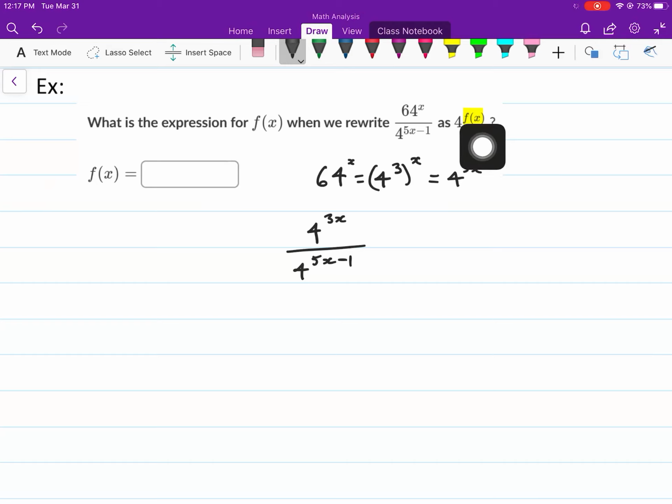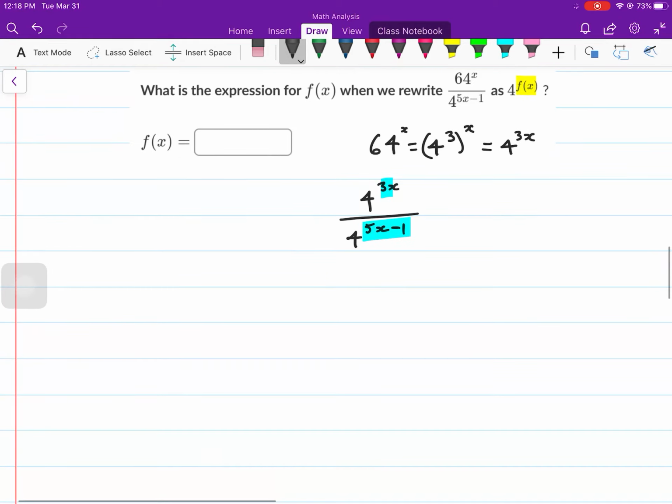Now, we just want to know what the exponent is, right? So now we have the bases matched up. They are a 4. We're good to go. So we're going to go ahead and just subtract the exponent. So I'm going to take that 3x and that 5x minus 1. I'm going to subtract them. So that's going to be